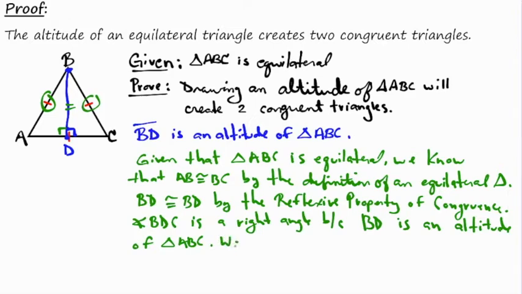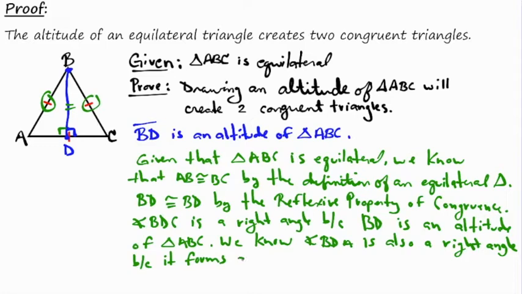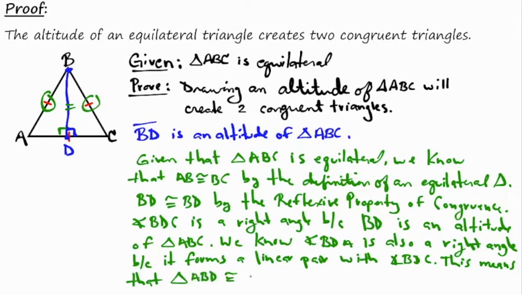And we know that angle BDA is also a right angle because it forms a linear pair with angle BDC. This means that triangle ABD is congruent to triangle CBD by the HL theorem, which stands for